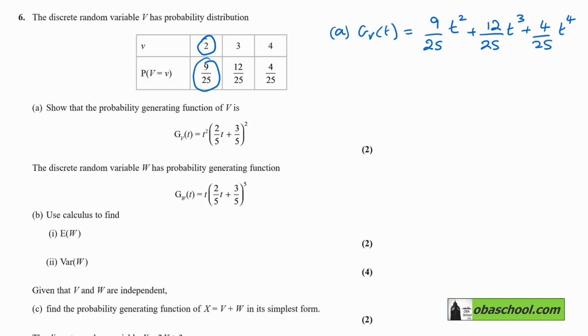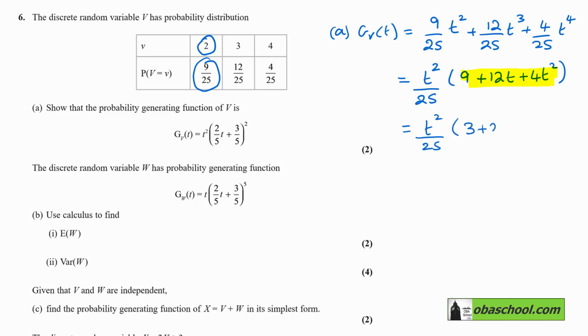Now I can take out a common t squared and a common 25. And if I do that, I then have 9 plus 12t plus 4t squared. You may spot this as being a perfect square. If not, you can use your favorite method for factorizing a quadratic, and you'll find that that is (3 plus